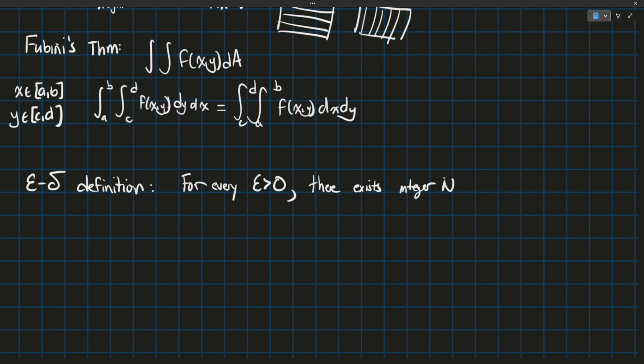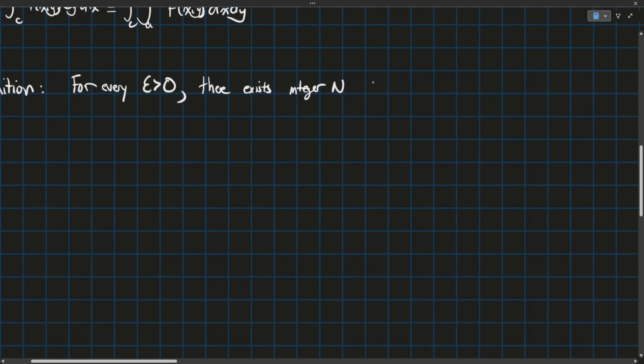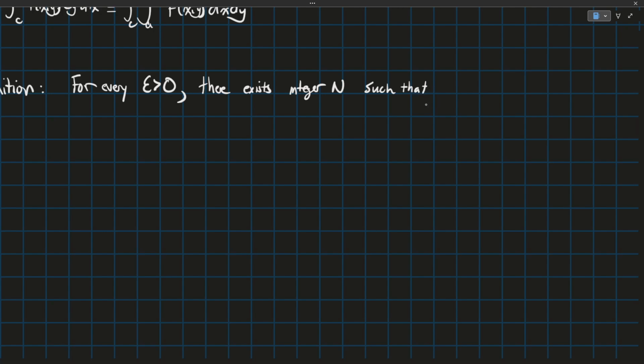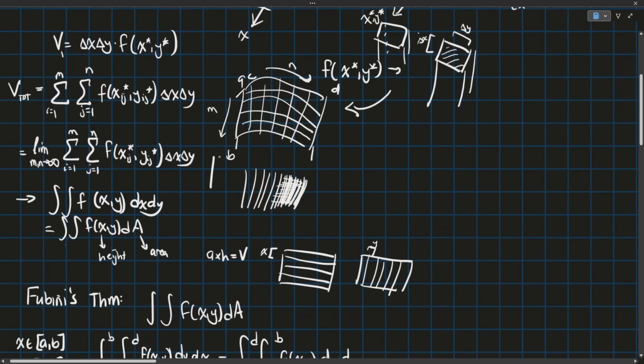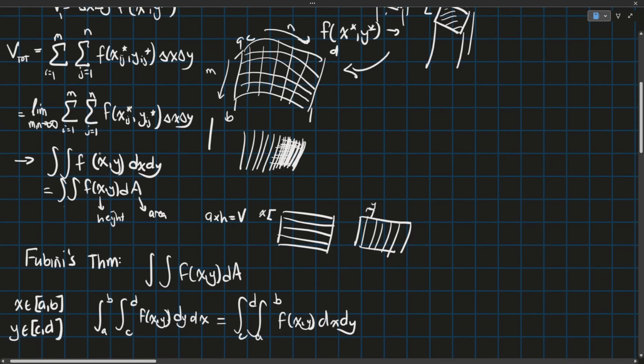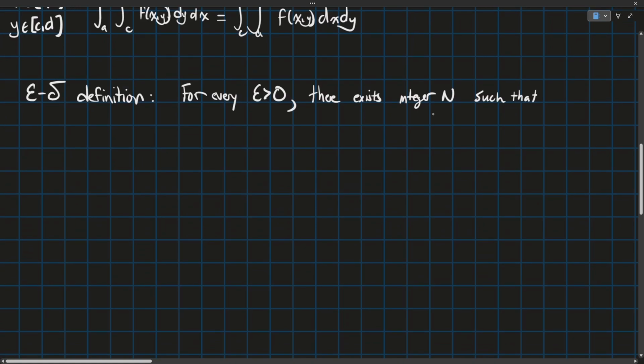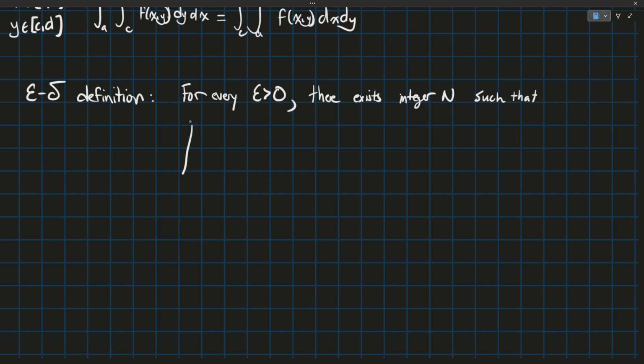So there exists some number n such that we want to say the difference between this integral and this approximation to the surface area, or volume, sorry, is less than epsilon. So we're saying there exists some integer n such that the absolute value, because we're just looking at the difference here, we don't really care if it's plus or minus,